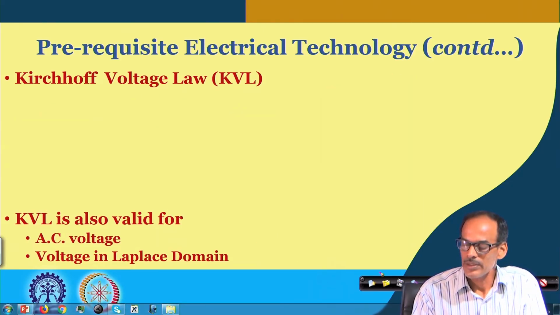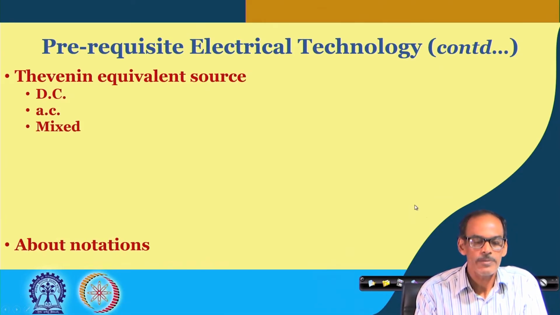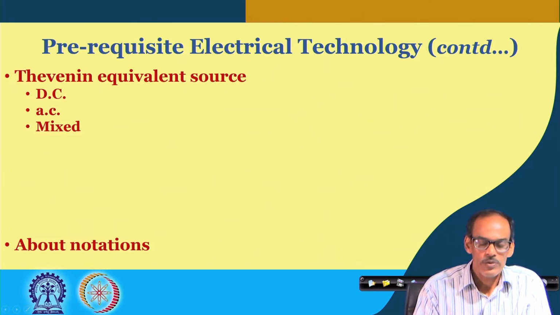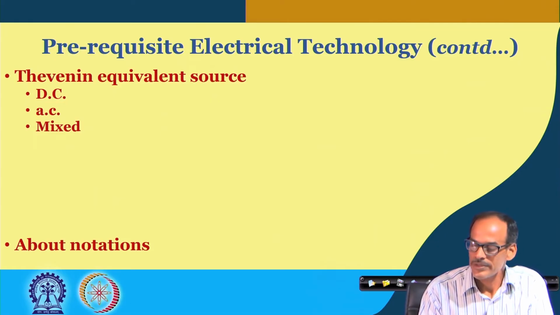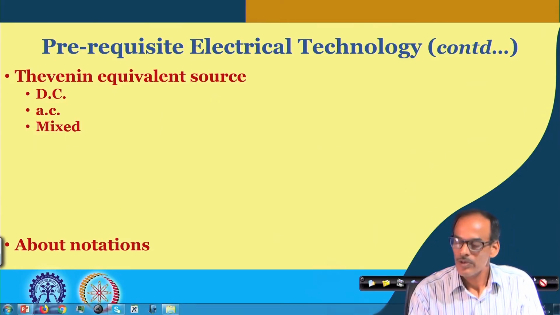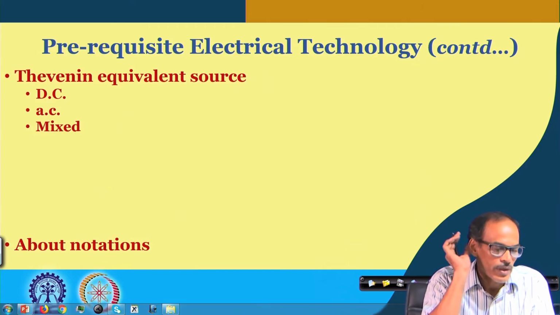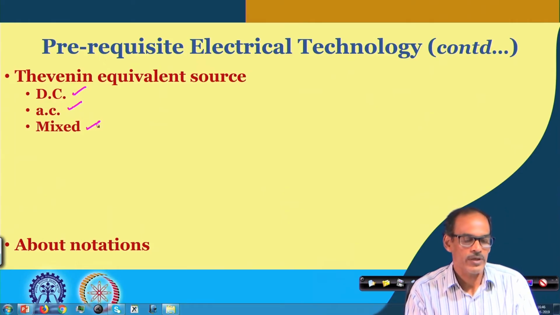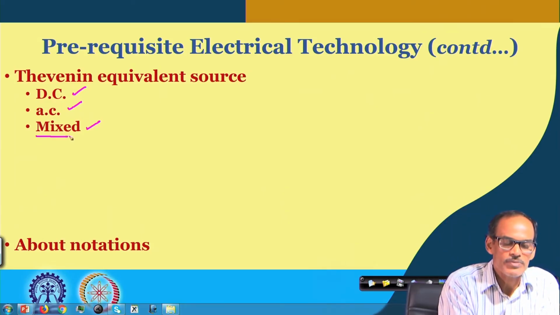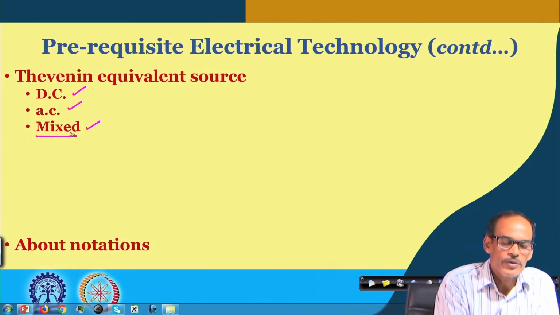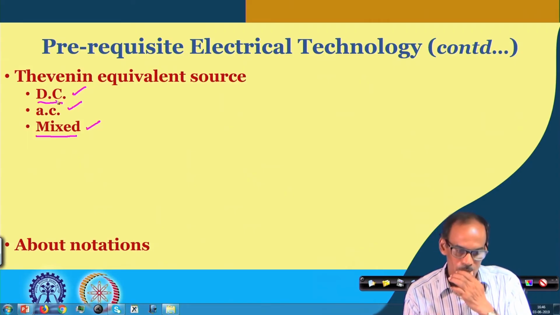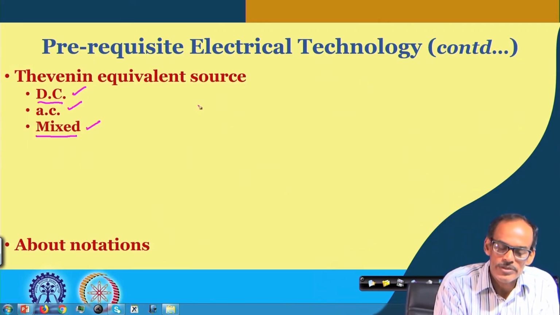Now, let us move to another important theory in electrical technology, what is called the Thevenin equivalent circuit. And we will be frequently using it, and interestingly we can see how it can be used not only for DC, but also for AC and mixed kinds of situations. So, we will see that mixed kind of situation, but let me revisit what we mean by this Thevenin equivalent voltage source. Suppose we have a DC source,